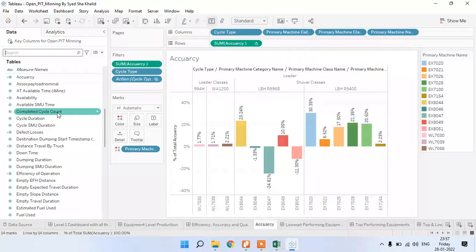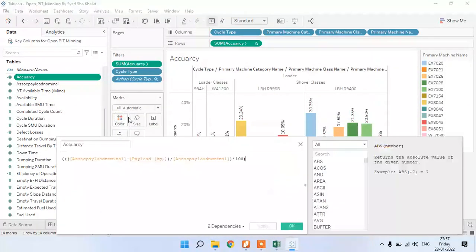Wait, I will show you. Accuracy, edit. That is the associated payload: nominal minus payload, divided by nominal, multiplied by 100. That is the total payload minus the payload used by the machines, divided by total payload, multiplied by 100. That's the accuracy. We will get the accuracy like this.